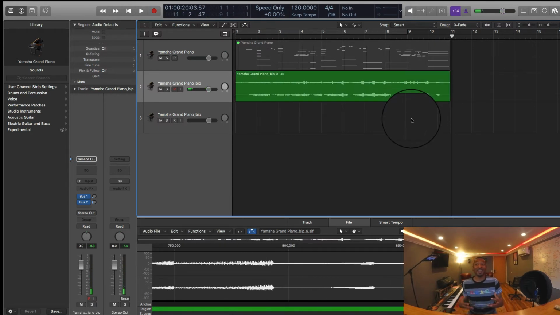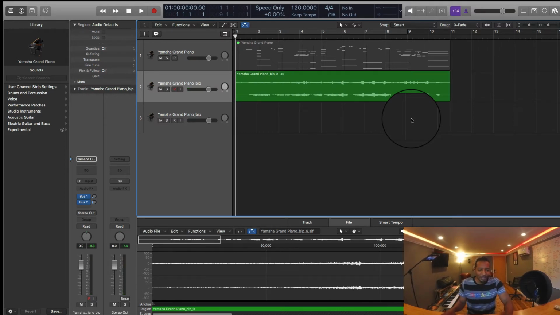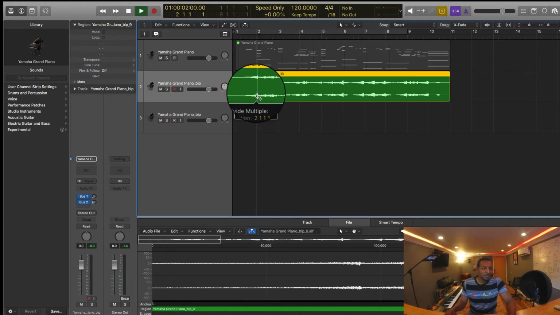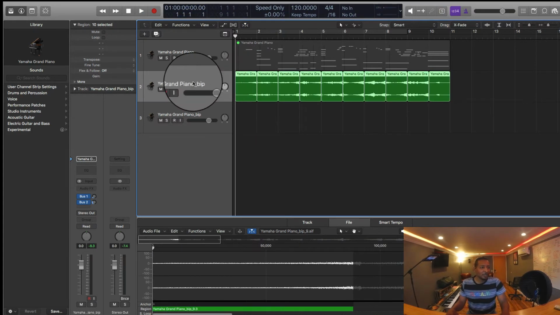So you see how cool that sounds when you get those reverse sounds. And I really like using piano because I think that's one of the best acoustic instruments that gives you this effect. But try it on anything. So now that I want to do this, I'm gonna quickly just chop these up